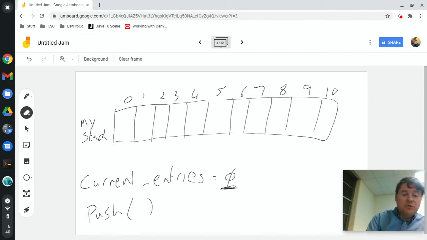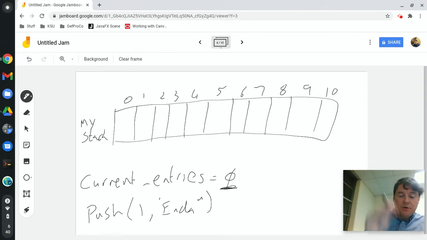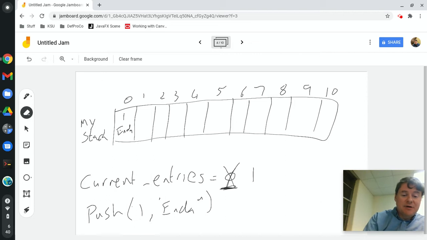I'm being asked to push 1, Enda. All right, so what I'm going to do is I'm going to look up current entries. I'm going to see that it's currently 0, and I'm going to write into my stack at position current entries 1 Enda. Then I'm going to update current entries to be equal to 1. I'm going to increment it, add 1 to it. So now when I get called again, and this time I'm being asked to do 2 and John, I follow the same code. I look at the current value of current entries, which is currently 1,